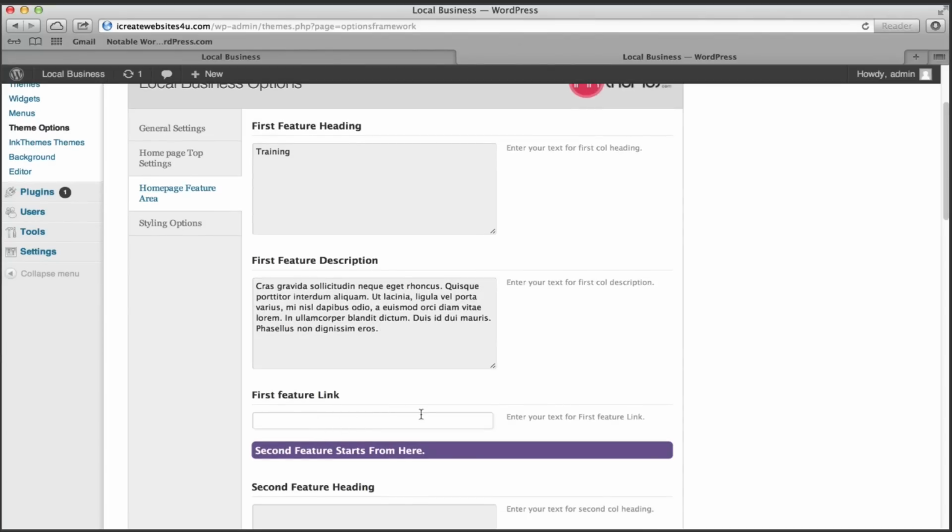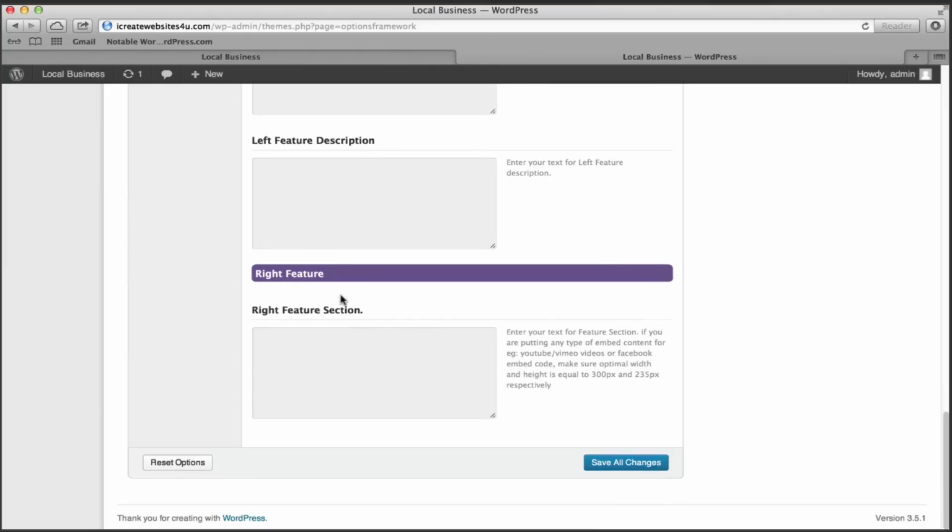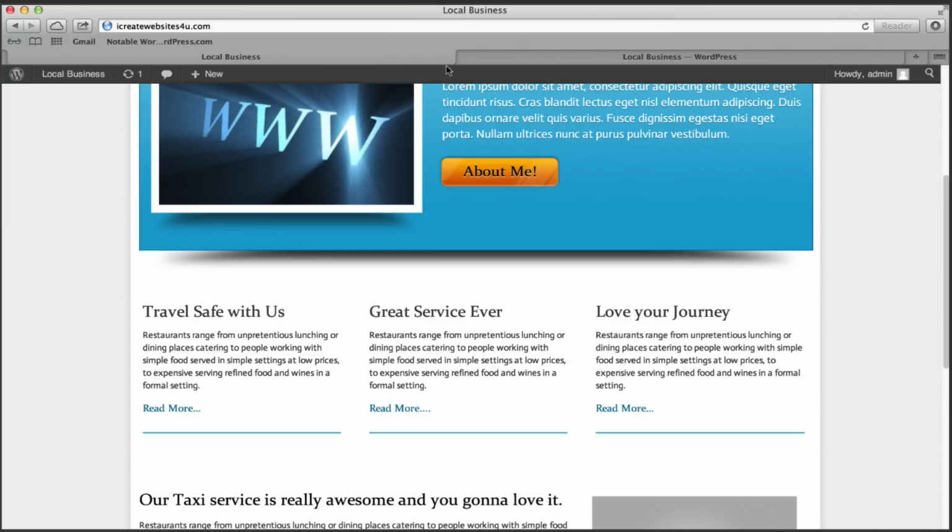And when you get to the Read More link, I want it to go to the About Me page. So we're going to do the same thing like we did before, and just put About-Me. First we'll go down to the bottom here, save all changes. And we'll go to the website, refresh it,